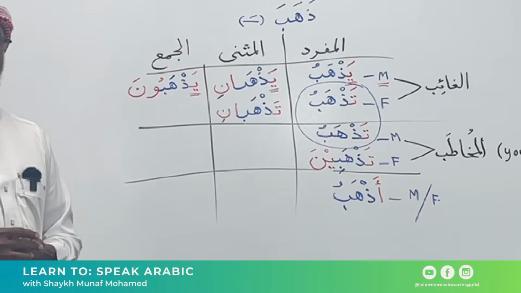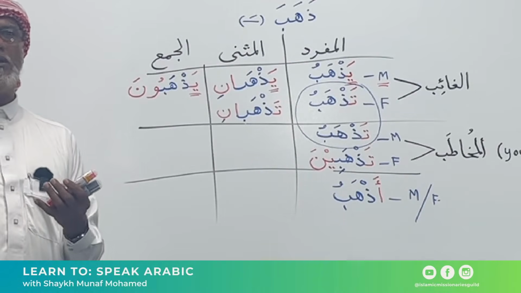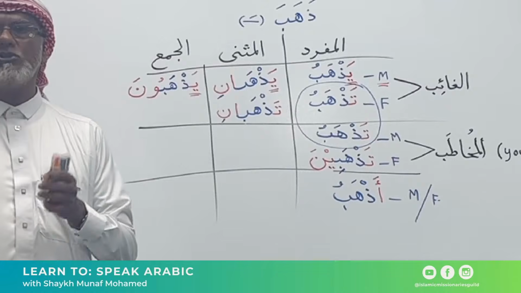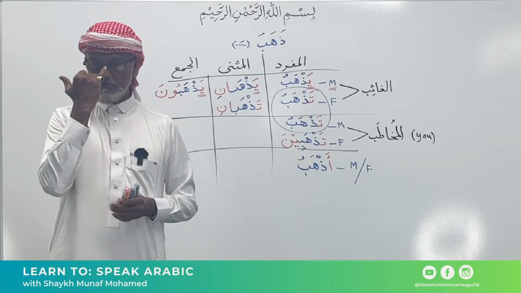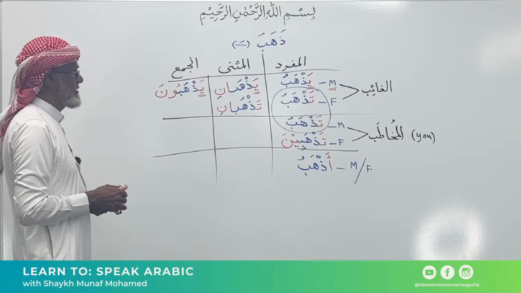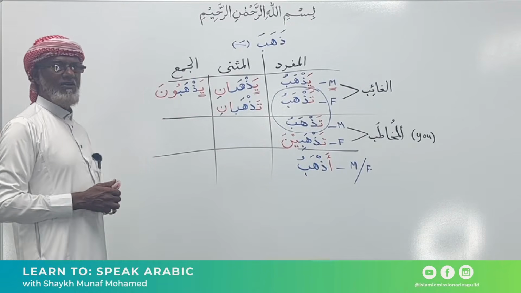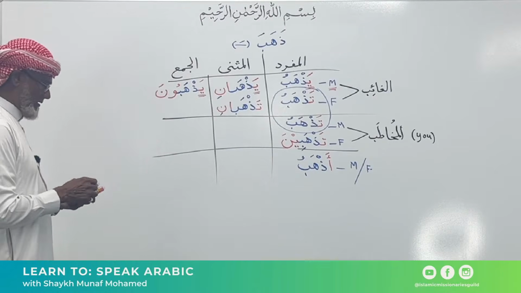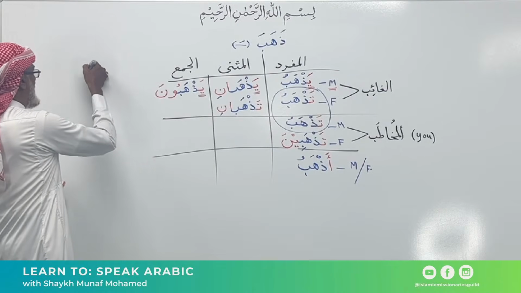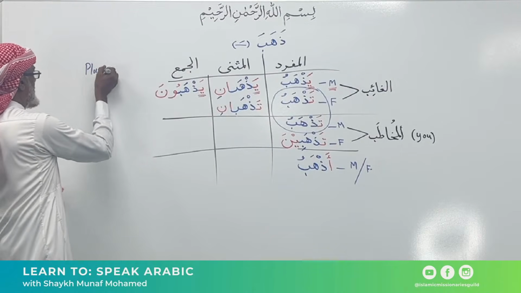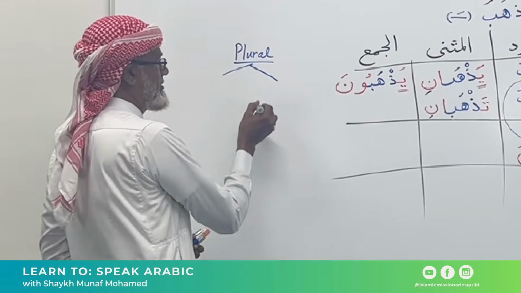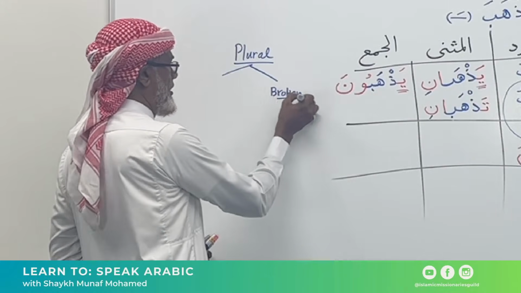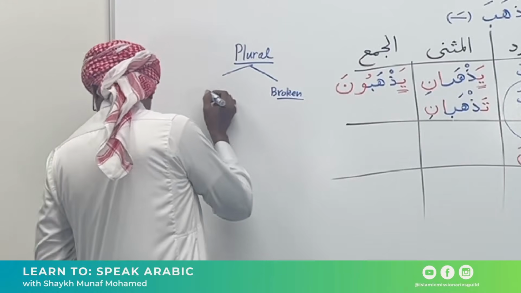يذهبون, we didn't talk really about plurals in terms of nouns. We didn't address that topic as a separate topic with plurals, singular and plural. But you have many nouns, the way how the plural is formed. All right, so look at this very quickly. You have plural, all right, and you have two types. So you have what is called a broken plural, all right, and then you have this one is called